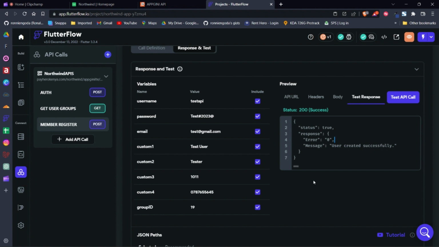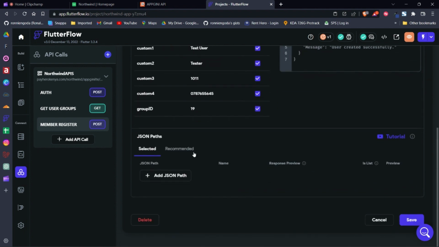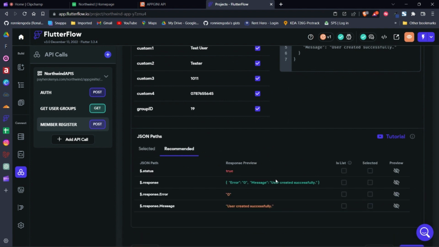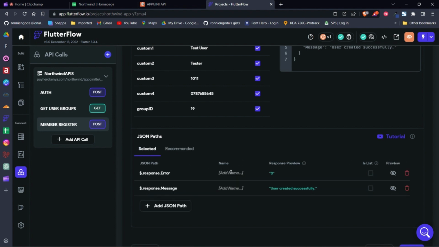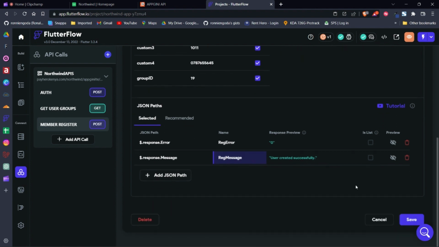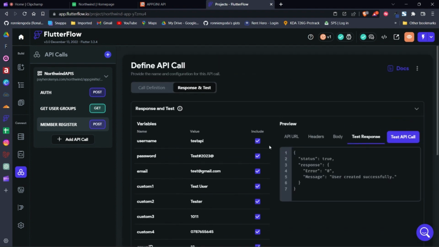So we are going to save these recommended JSON paths here. With this one, it's easier. You can just see we expect response error, we expect a message. That's it. So we come to the selected ones here. We say reg error. We say reg message. That's it. And we save. Simple as that. So we go back to our pages here,